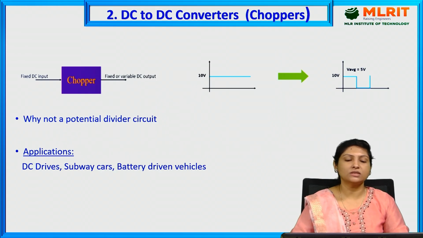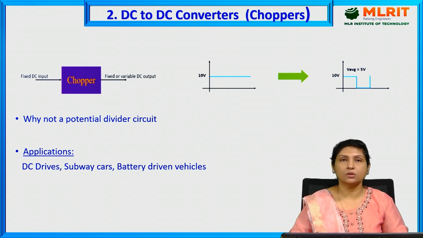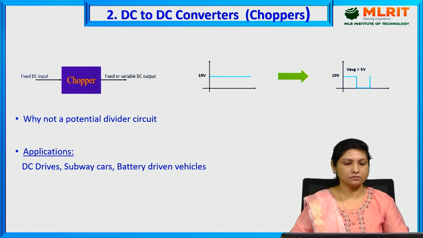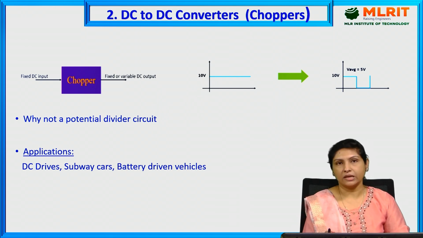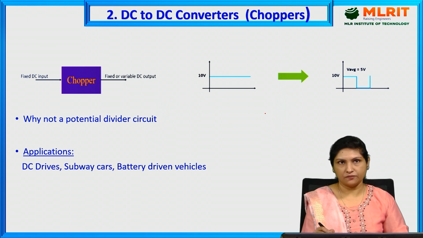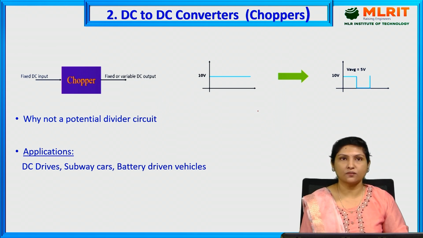And then we'll see DC to DC converters. We can also call them choppers. Choppers convert fixed DC to variable DC. That is, say I have 10 volts DC, and I need to convert this 10 volts DC to a variable DC of about 5 volts. For that purpose, I make use of a chopper